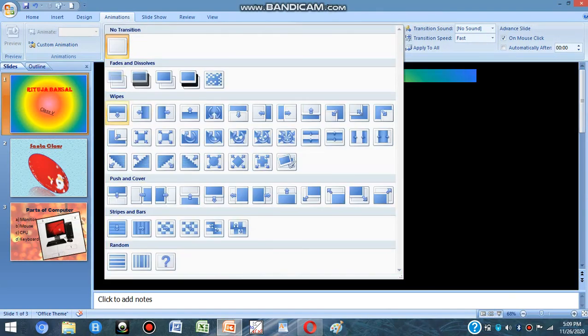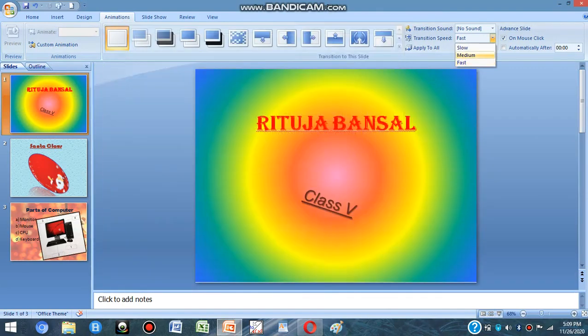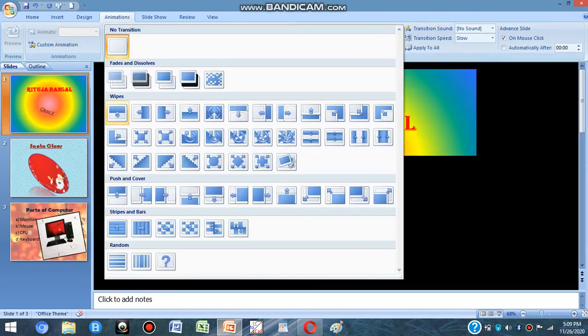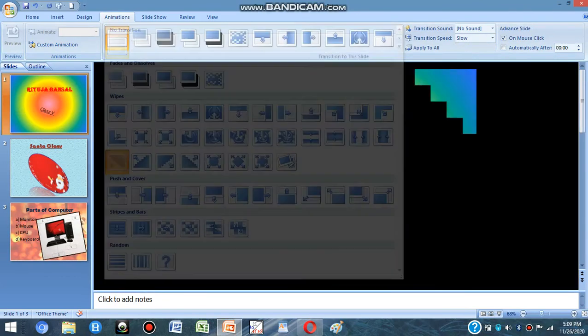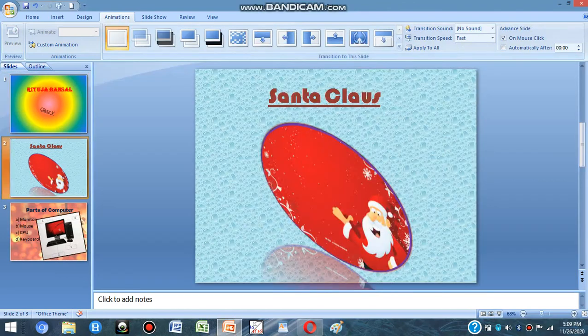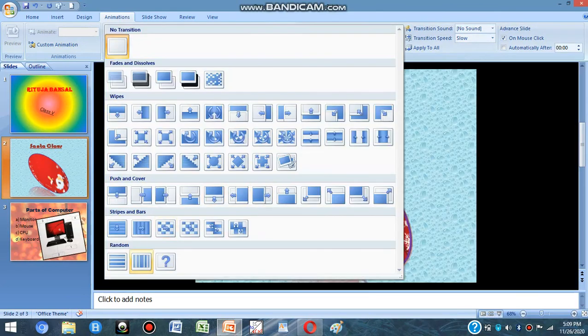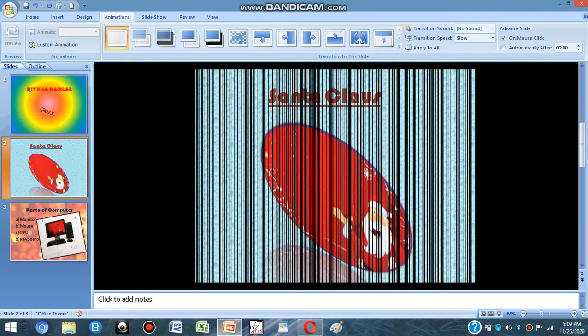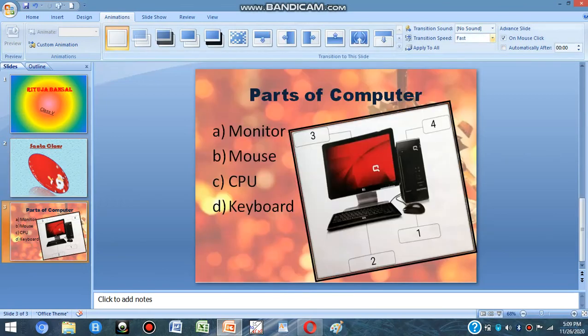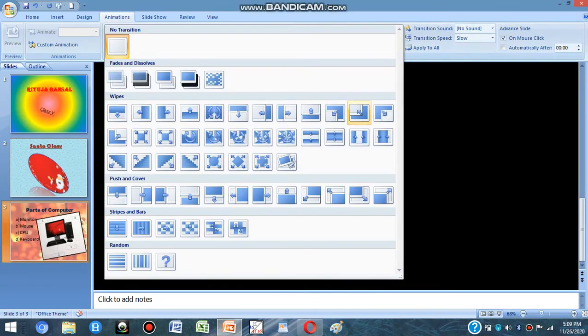We can take any one of the transitions, whichever we want. On the second one I am making the transition speed slow so that it can easily come to me. And on the third slide again I am making the speed slow, and like this.